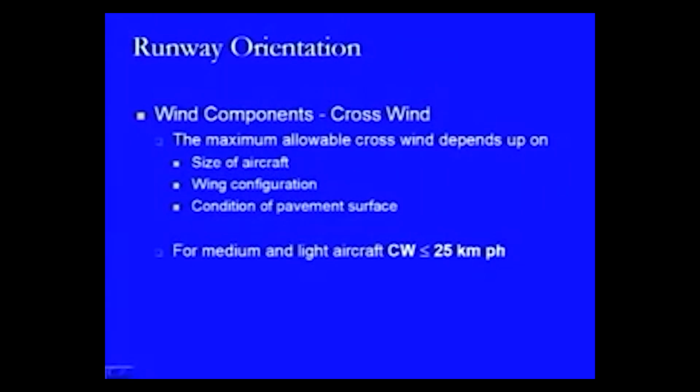But in the case of the condition of the pavement surface, if there are more of dips and rises, then this crosswind component may create its effect. For medium and light aircraft conditions, this crosswind component is usually taken as less than or equal to 25 kilometers per hour. So, the velocity of the wind at 90 degrees to the flight path or to the landing or taking off of the aircraft is restricted to a value of 25 kilometers per